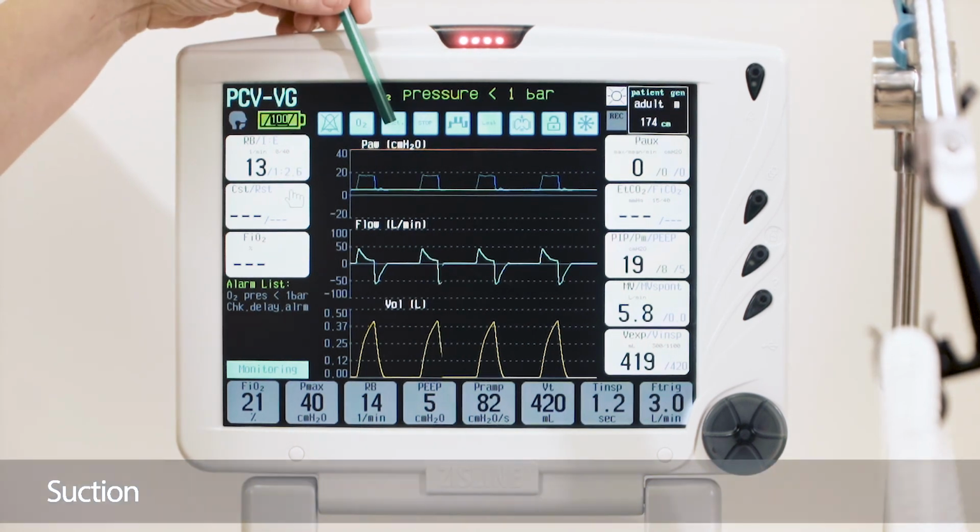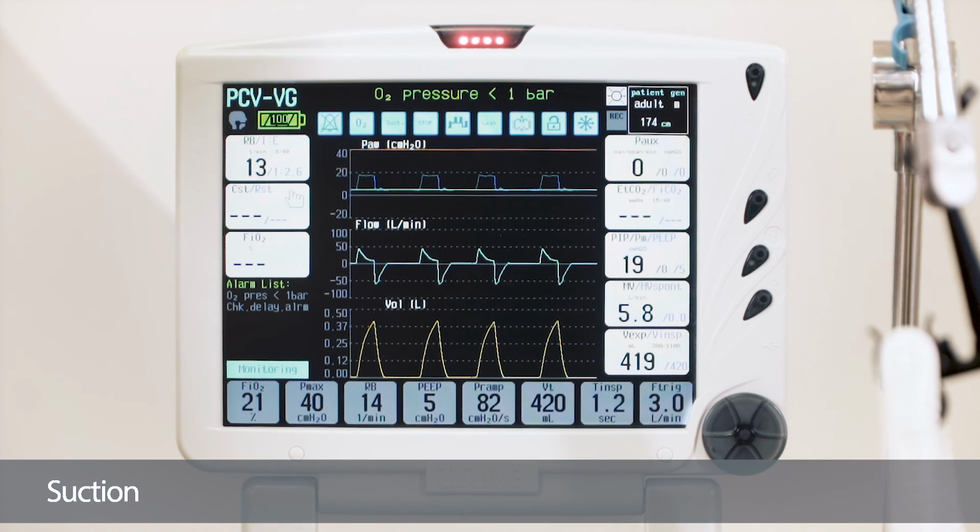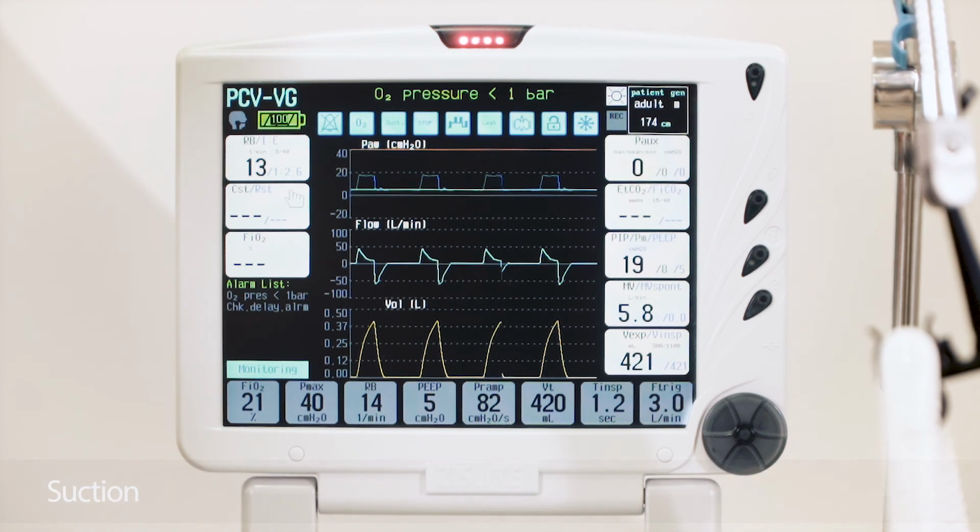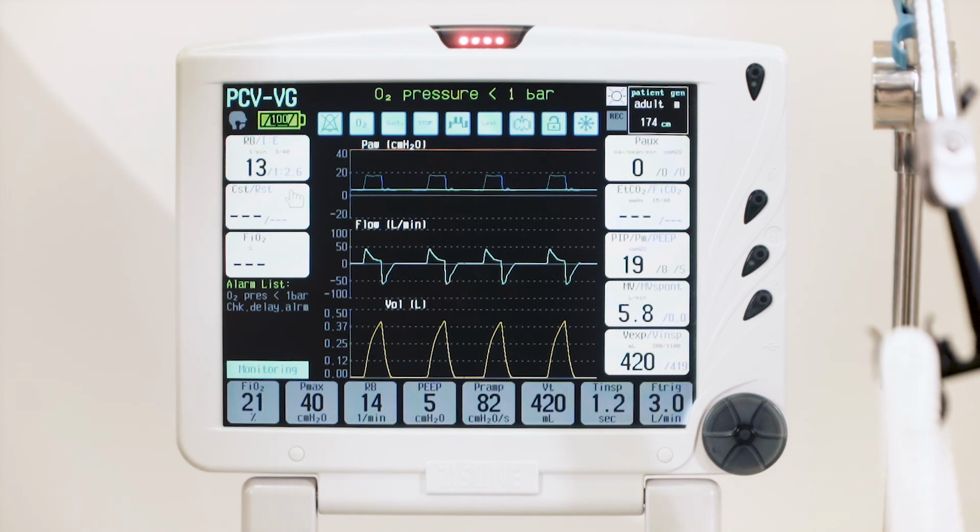Suction. The sanitation function makes the sanitation of the tracheobronchial tree more ergonomic. After activation of the sanitation function, oxygenation is performed for 3 minutes. At this time, the ventilator waits for disconnection of the patient. After disconnection, the device stops ventilation. After connection, the device continues ventilation. If connection does not appear within 2 minutes, the device activates a sound alarm.